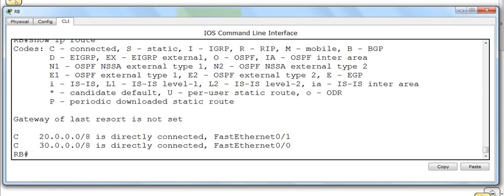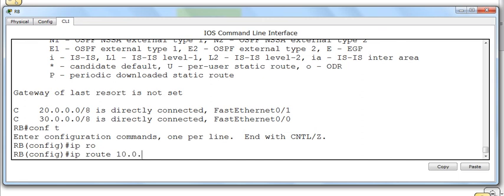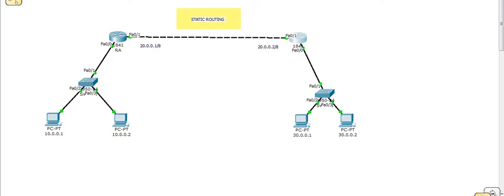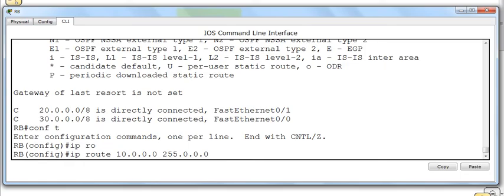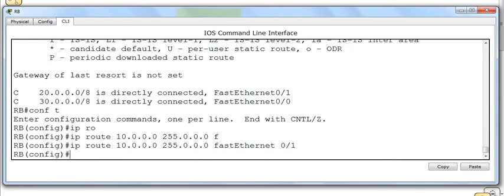So let us write a route here also. How? IP route, in order to go to the 10 network, with 255.0.0.0 as the subnet mask, for the IP packets going to 10, I need to send the packet via 0/1, which will take me to the next router. Fast Ethernet 0/1. Done.